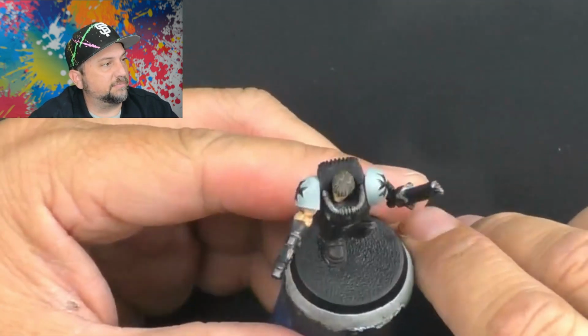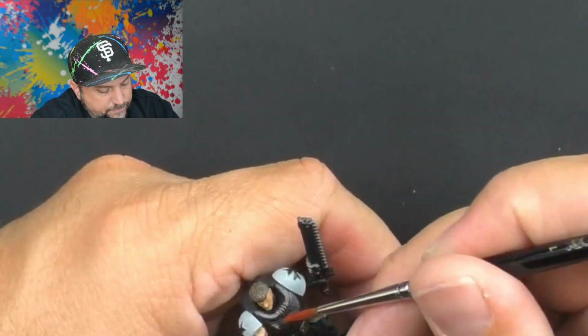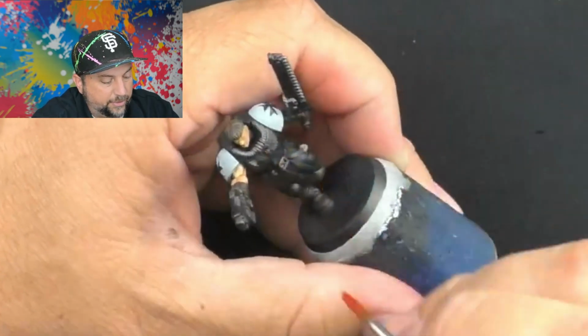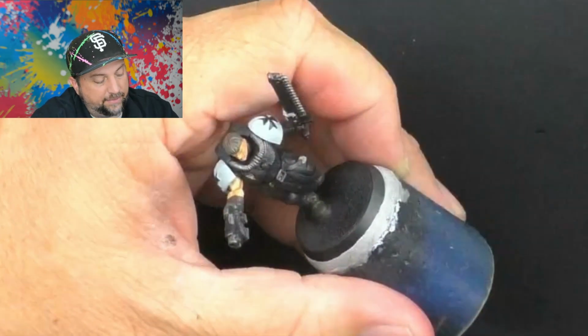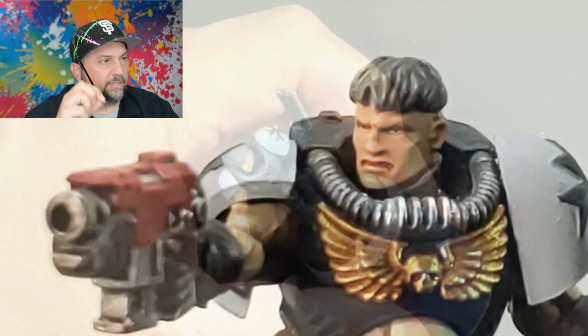I don't know if you can see them, but yeah, it's good enough. And then I also went in and did a little bit of Ulthuan Grey for just the eyes, and then followed that up with a little tiny dot of Abaddon Black. And then I used some Flayed One Flesh again to just go over the top, the very,